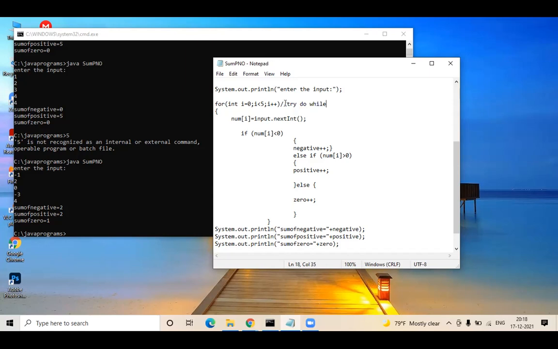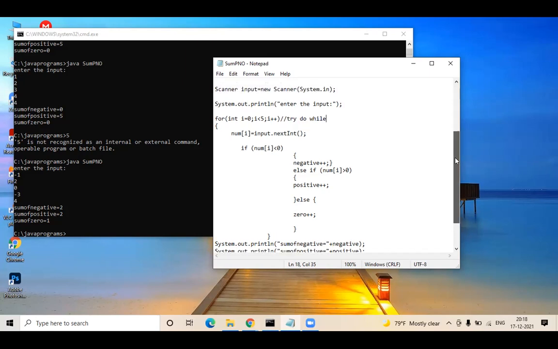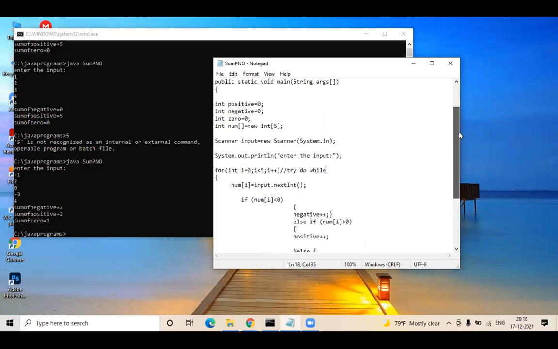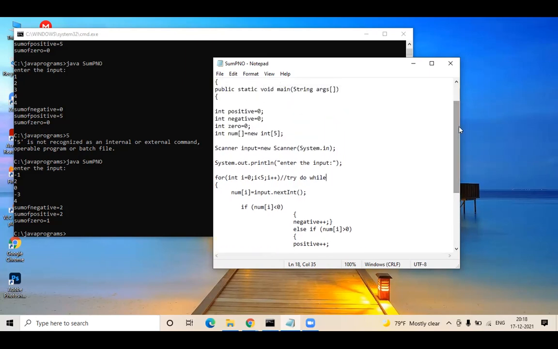Yes, because she has given less than or equal to 5. So it is like 0, 1, 2, 3, 4, 5, the sixth value. It is expecting that the for loop goes for the sixth time, but as per your index, you'll not have a 6th position in your array, right? You'll have only 0 to 4 or 1 to 5. You don't have a 6th position created in the array box.